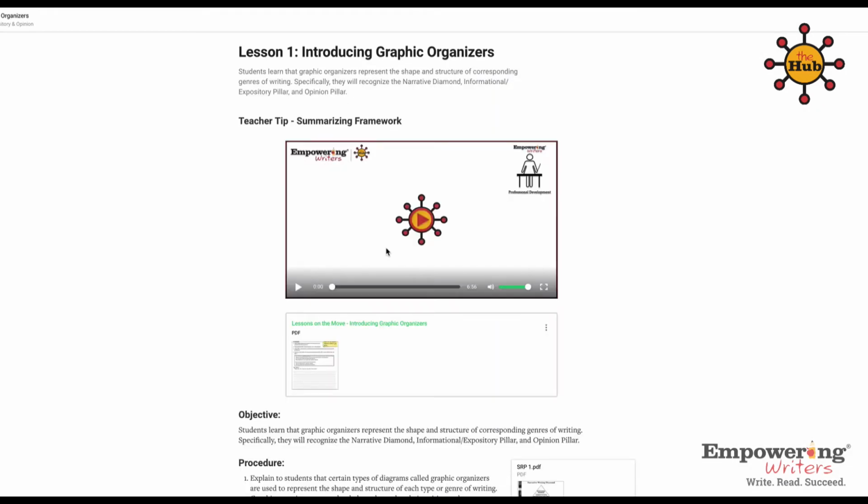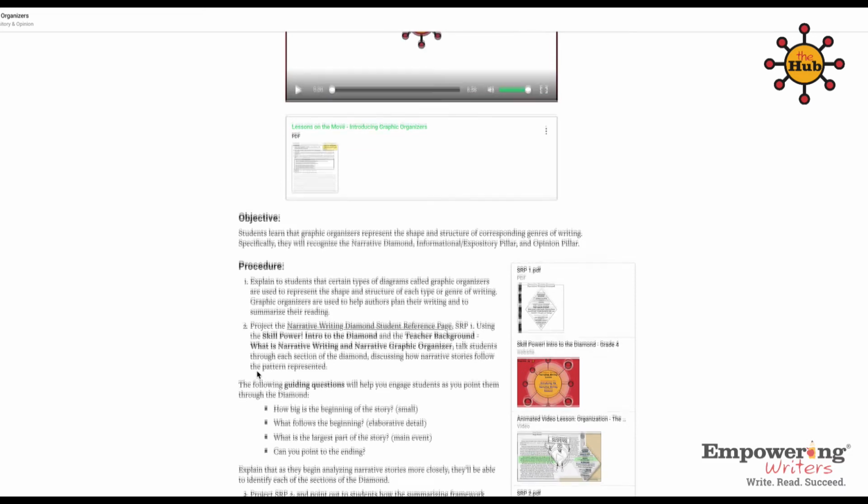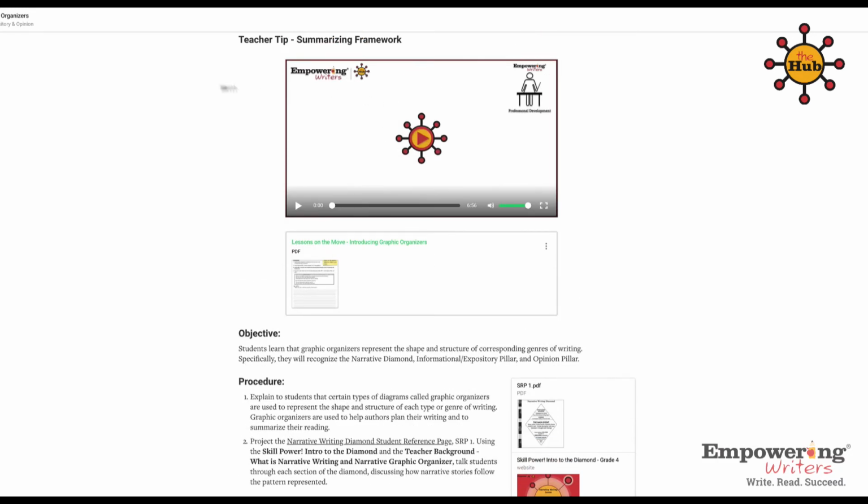Introducing graphic organizers. Just like our other digital resources, we have all of the components for the lesson here in one place. So we start off with the objective. Any professional development resource for the teacher is right up front, along with the same material that you find in